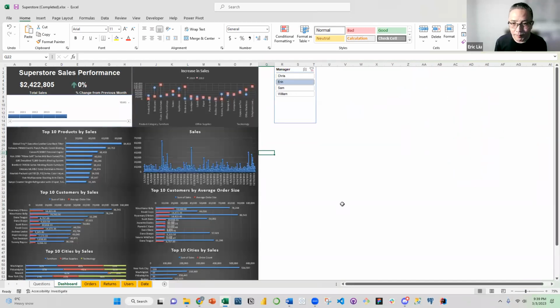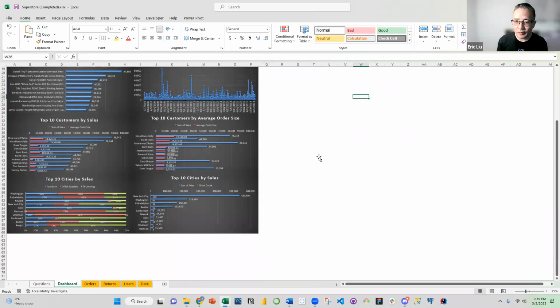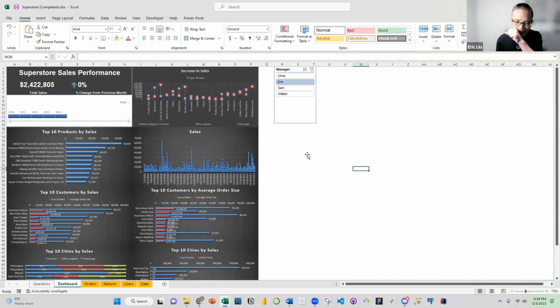All right, so it looks like this. It's not the most beautiful dashboard, but I think it's very, very functional. You could always spend more time to make it more beautiful. For instance,